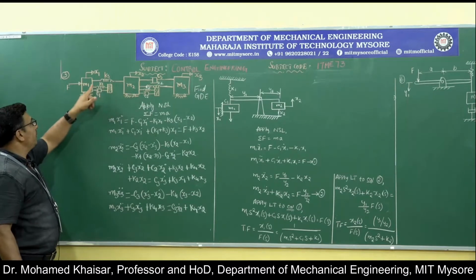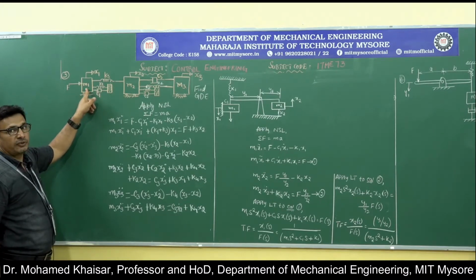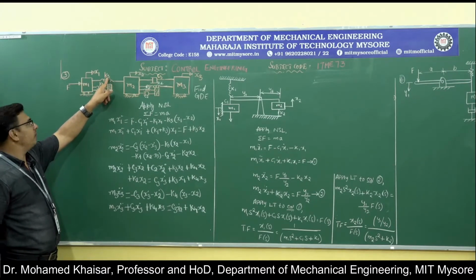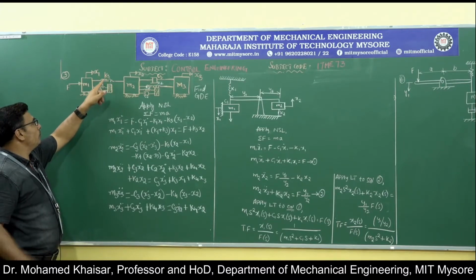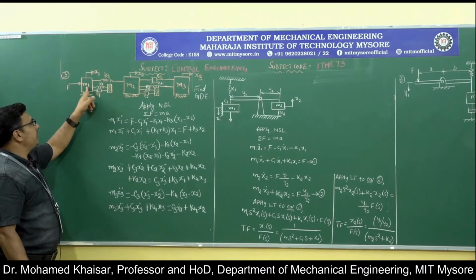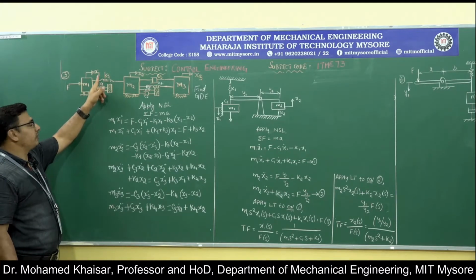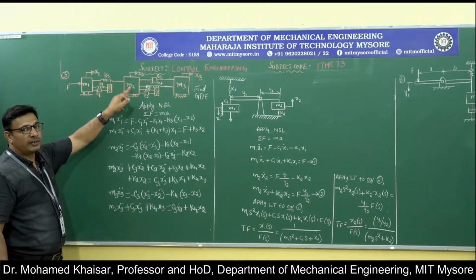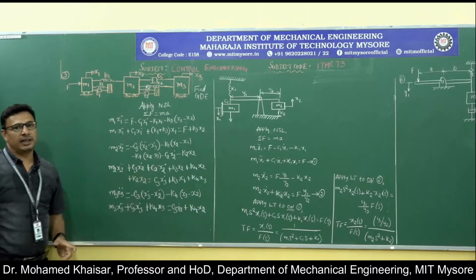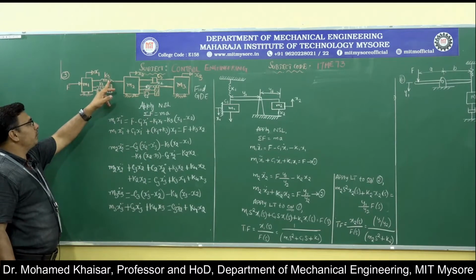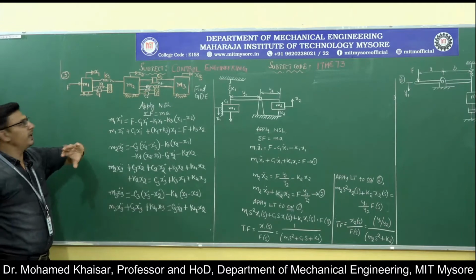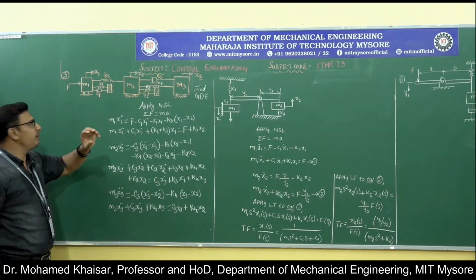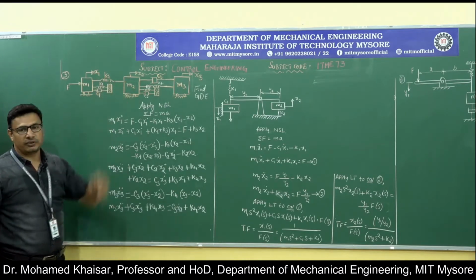That is why whenever mass m1 tries to get displaced by a distance x1, K3 is going to offer a resisting force of K3 x1 to resist the mass m1 getting displaced in the direction of x1. But since K3 is connected to the mass m2 also, m2 will pull back the K3 and will not allow the spring to offer the entire spring force of K3 x1. Instead, it will allow the spring with stiffness K3 to offer a spring force of K3 into (x1 minus x2).